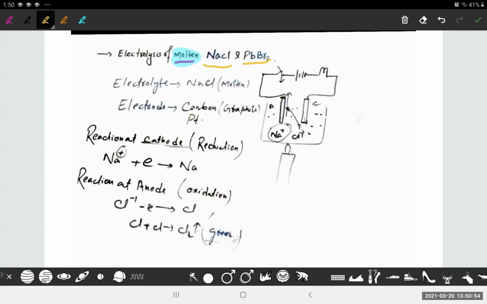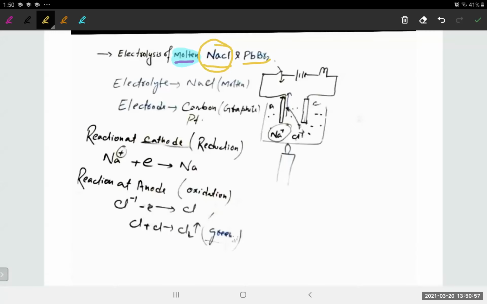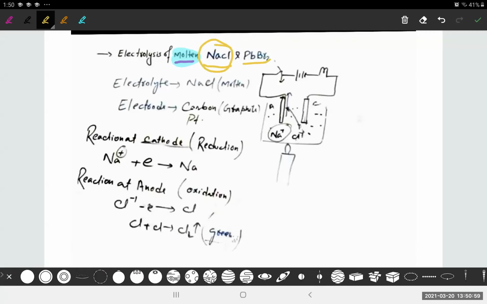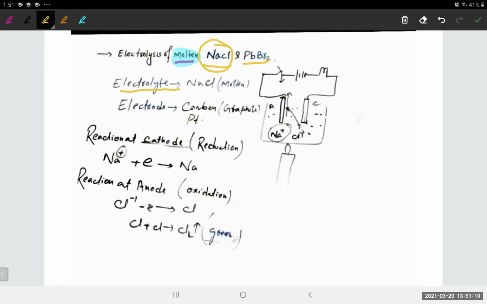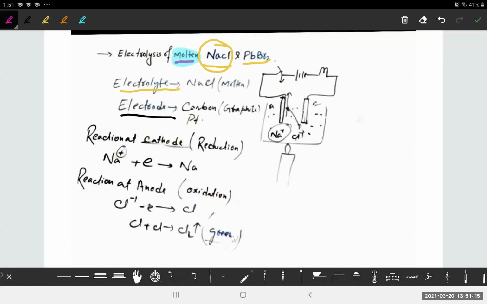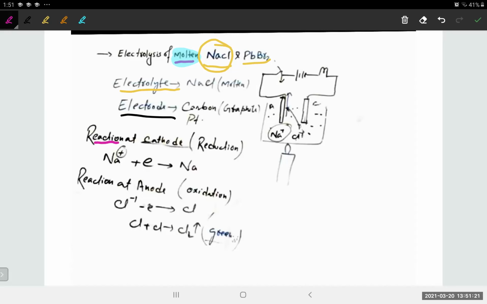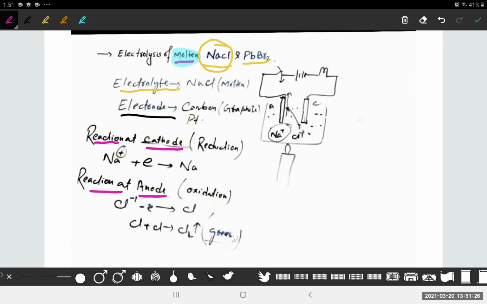Let's first talk about NaCl in this slide. First of all, we have to write about some steps. It's there in your syllabus, it's there in the ICSE pattern of answering, and you have to answer in the same pattern. First of all, you have to mention the electrolyte which you are using, then you have to mention the electrode, what substance the electrode is made of, then the reaction at the cathode and the reaction at the anode, and here the whole electrolysis of a certain compound like NaCl ends. Okay, you have to please mention this information.